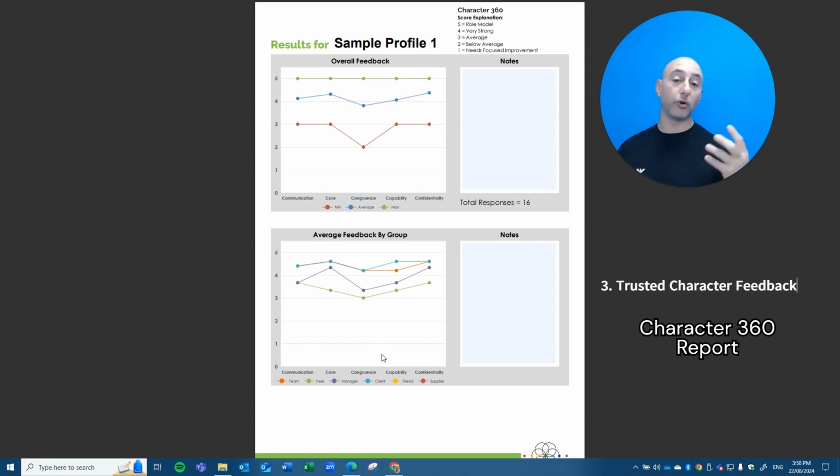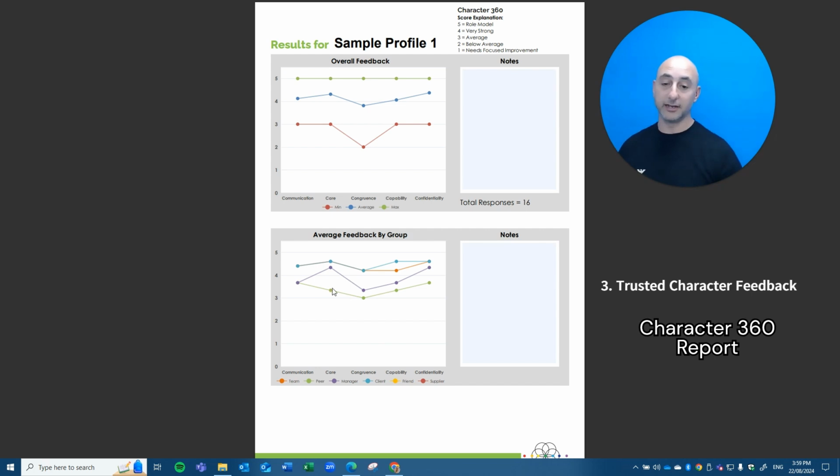The freemium report gives you all the trust insights, and the full paid premium report will give you all of the growth feedback and the rich suggestions from your trusted community. Now, your growth around character and trust is represented by this optimistic, this pessimistic, and this average view of the feedback. It breaks it down by the groups, but in order to get a response for any one group, you'll need at least 3 responses in that group, again to maintain confidentiality, to ensure that you're getting really honest feedback